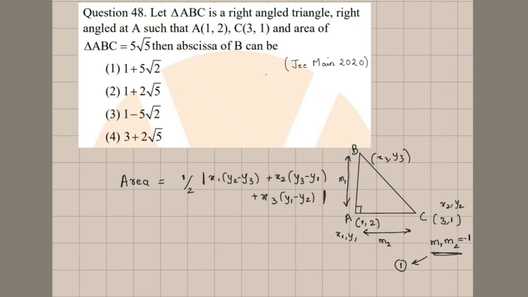So the question is clear. We have seen how to approach the problem. First thing, before solving any question, you should have an idea of the route map, because you need to know what to solve to get the solution. So we have seen that area equals this and the product of slopes is minus 1. Two conditions, you get two equations in x3 comma y3. If you solve those two, you get the abscissa and ordinate of B. This is the clear idea. Please try it out. I will solve now. Pause the video and try it out so that you will get some confidence.